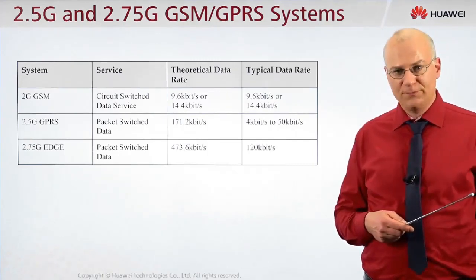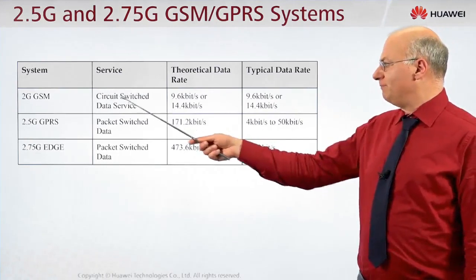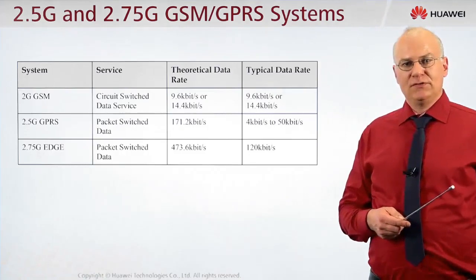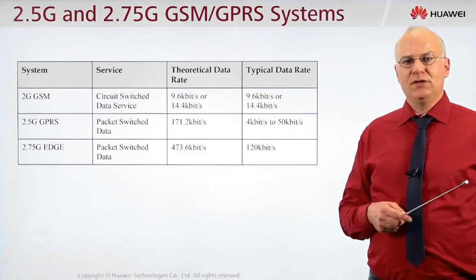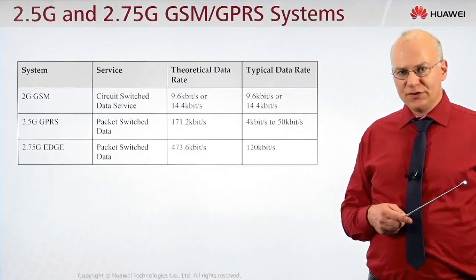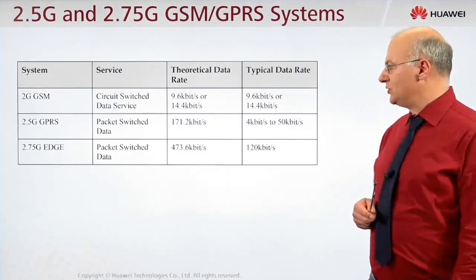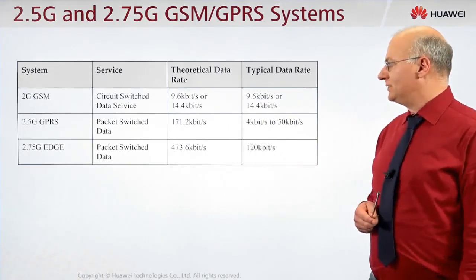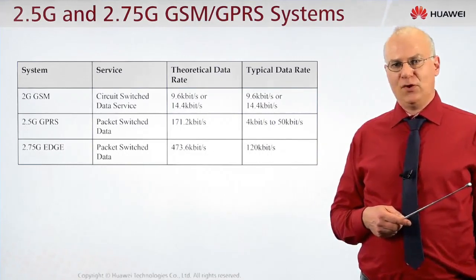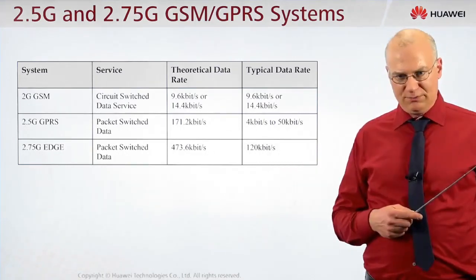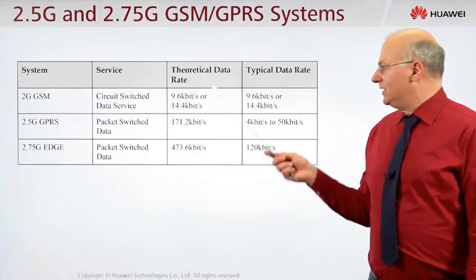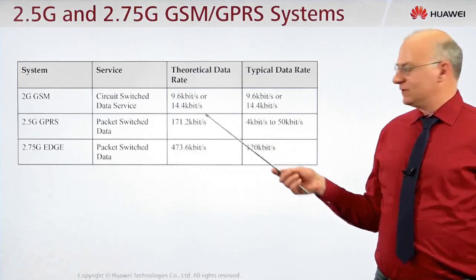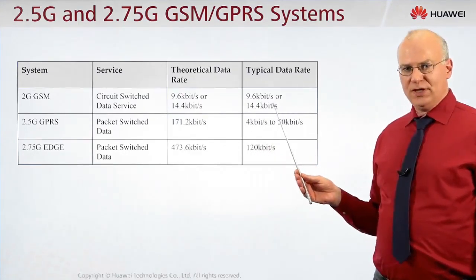In the first version of GSM, we only have circuit switched data service, so a fixed capacity and a fixed data rate is offered, with a very low data rate of 9.6 kilobit per second or 14.4 kilobit per second. This is the theoretical data rate, but in practice, we have also the